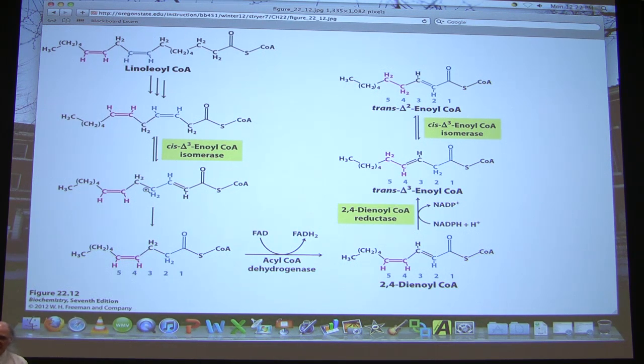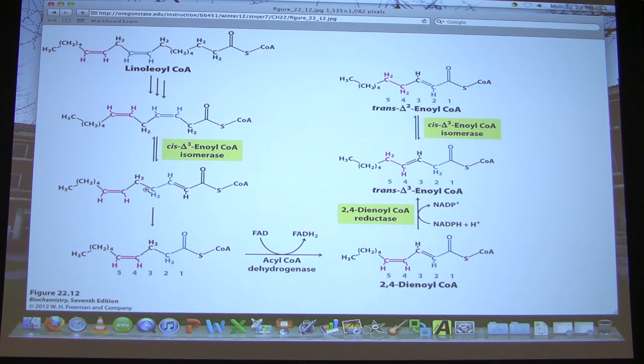Now, if you're using the 6th edition of the textbook, I will caution you that this structure that they show in the 6th edition is wrong. They show it in the cis configuration, and it's not. It's actually in the trans configuration, like you see here. Okay? Okay, so basically, now we've got something. Again, it's 2,3 trans. We can go ahead and